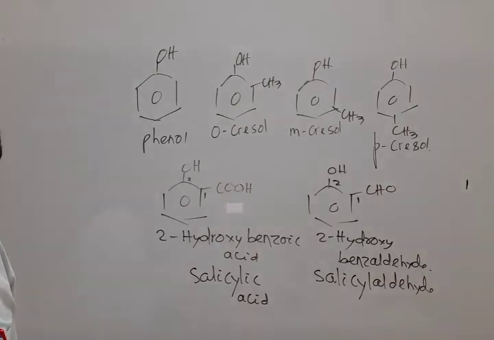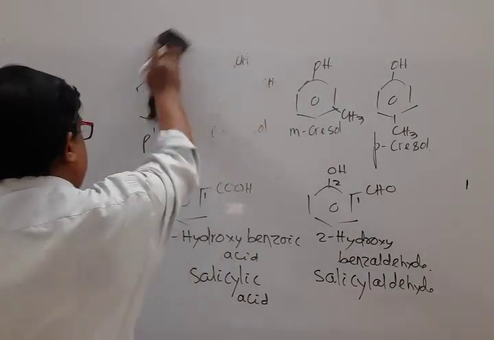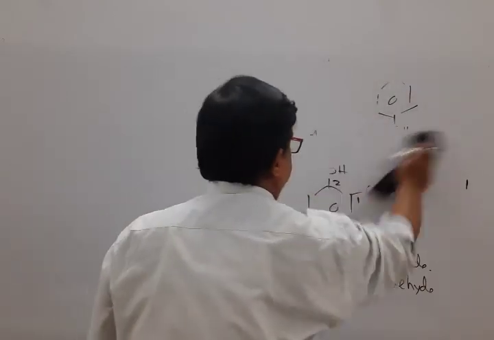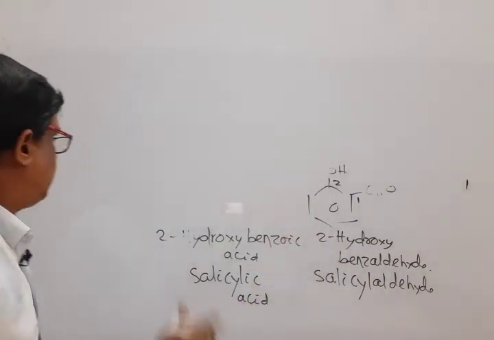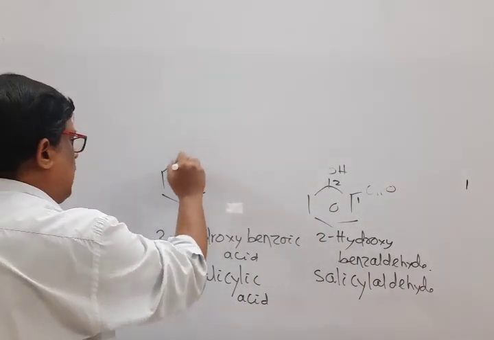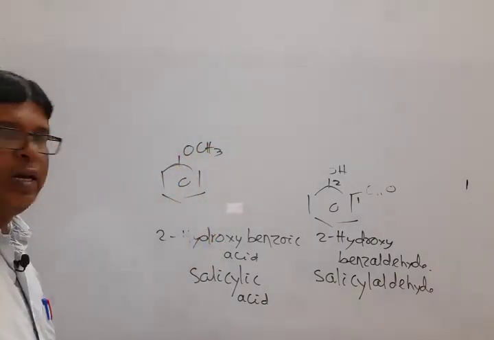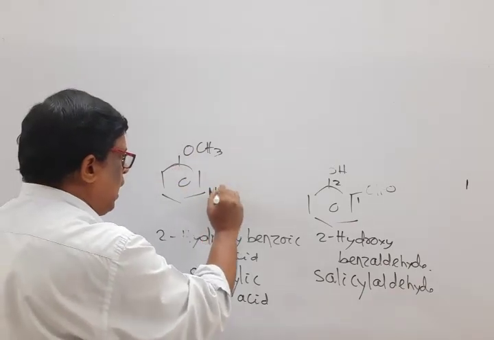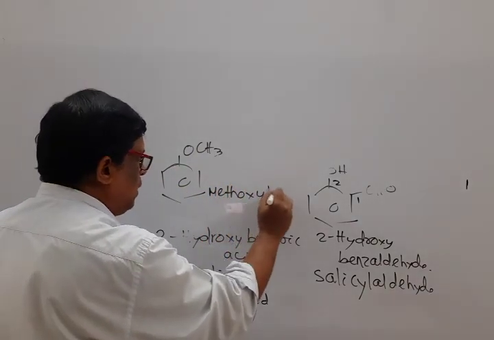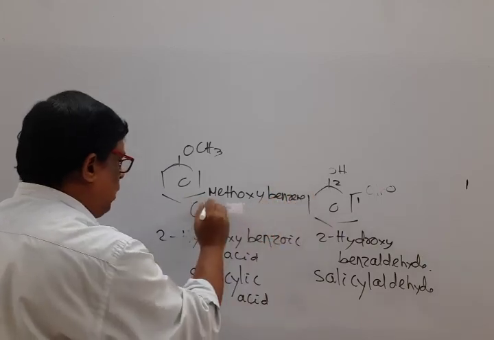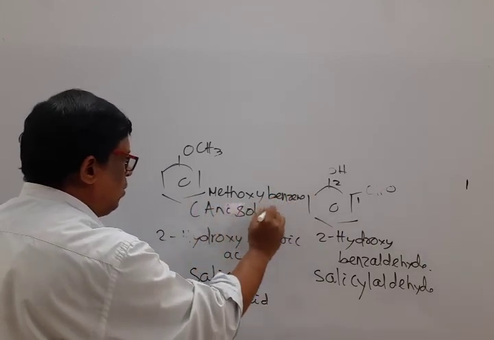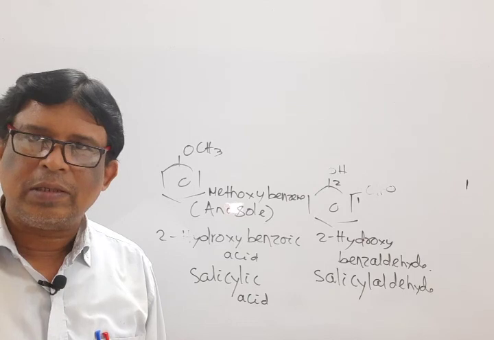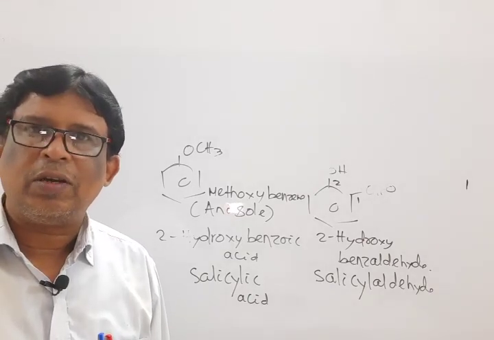That means if an ether group is attached, mark another one or two examples. If I write a benzene ring attached to OCH3, it is methyl phenyl ether, or its common name methoxybenzene. We may write methoxybenzene, or anisole. These common names are also recognized by the IUPAC system. This is all about the nomenclature of organic chemistry.